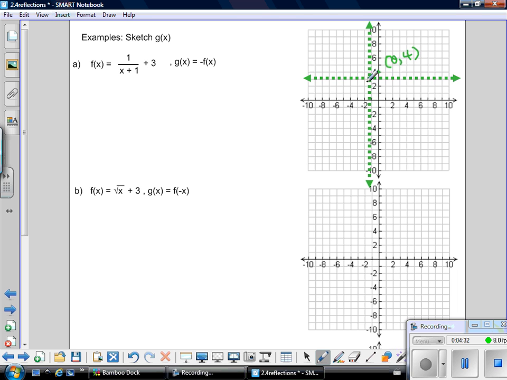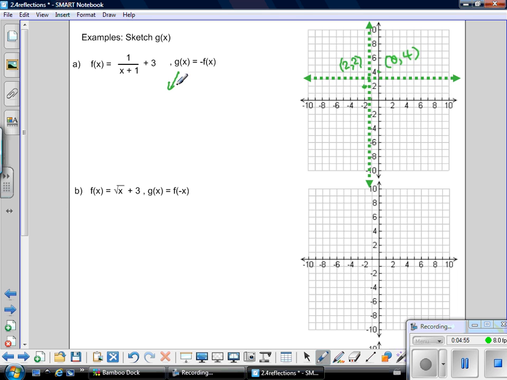And we know that we go to the left 1, down 1, and so we know that point is going to be 2, 2. So I'm just going to write those down because that's going to be important for us. Okay, and then we know that we would do our creeping. Now what we're going to do is when we're talking about graphing g of x,